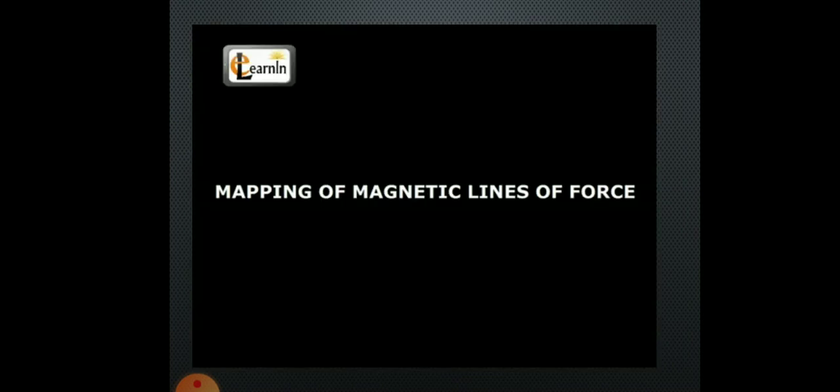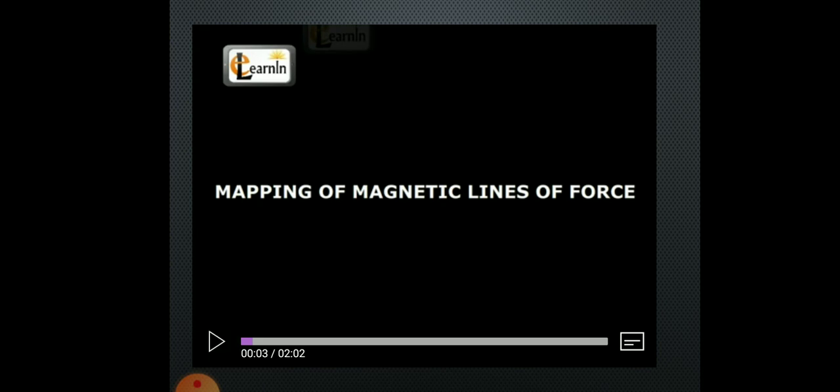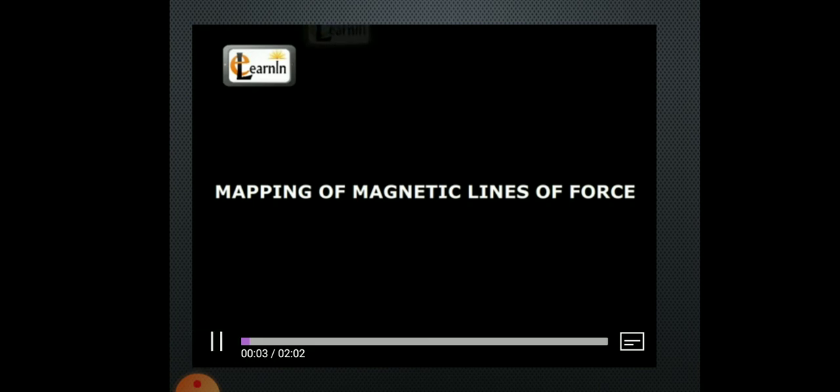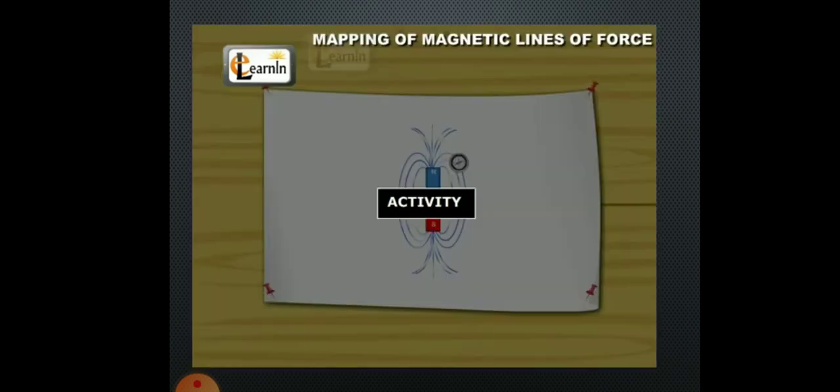Yes, now you can observe the mapping of a magnet. Observe this video. You can understand clearly about the magnetic field and magnetic field lines, how this activity is done with iron filings and also by using a magnetic compass, how the magnetic field lines can be drawn around a bar magnet. It can be understood clearly by watching this video. Please observe this video. Mapping of magnetic lines of force.